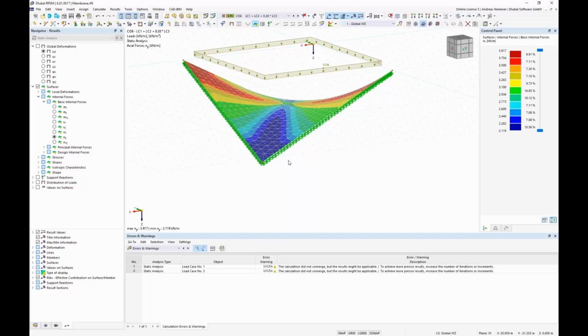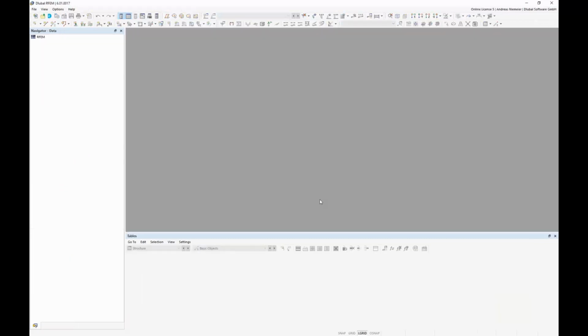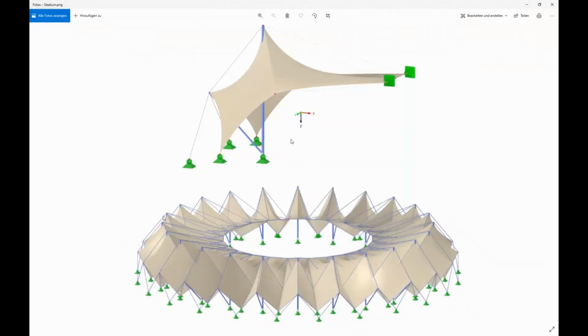I want to go the next step and say it's even possible to use shapes based on another shapes. And if you have such a task, then you can also use RFEM 6 for it. And I prepared for this type of analysis a special picture to explain to you what we want to do. This means you see now here 2 pictures on top, a ring segment, a 15-degree segment of